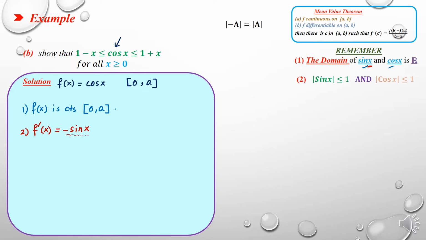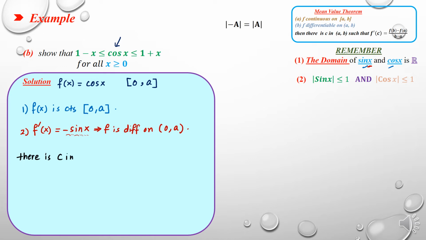So f prime is defined for any interval. So f is differentiable on the open interval from 0 to a. So the two conditions of the mean value theorem are satisfied for the function f equals cosine x in the interval from 0 to a. So the conclusion is there is